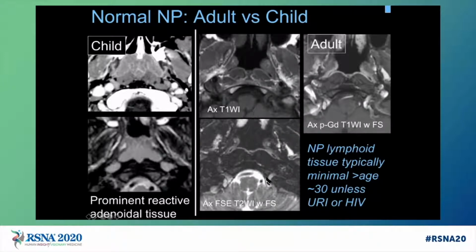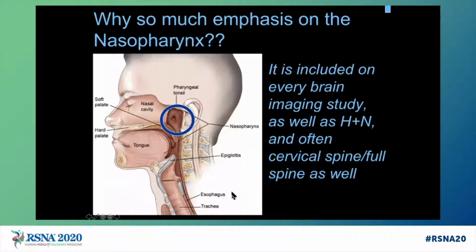In the axial T1, T2, and post-gadolinium images, we appreciate the smooth surface of the nasopharynx, this thin mucosal line, which is mildly hyperintense on T2 and enhances moderately, intensely, and homogeneously post-gadolinium. Why so much emphasis on the nasopharynx? It's included on every brain imaging study, as well as every study of the head and neck, and often cervical spine and full spine studies as well. So that gives us the opportunity to make incidental pickups or important pickups, as well as, unfortunately, the opportunity to